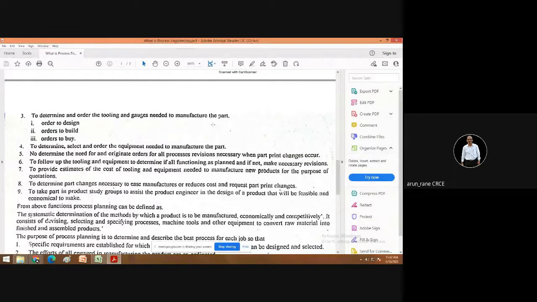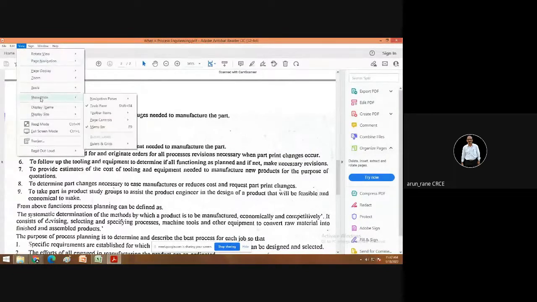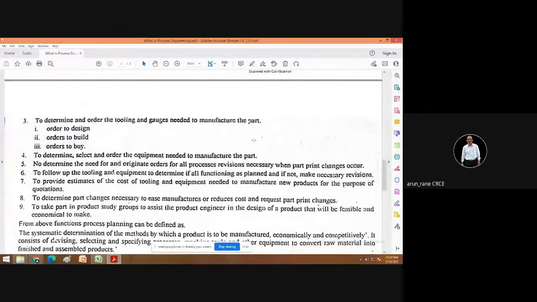Now let me tell you what is the difference between tooling and gauges. Both are different, and this is again a viva question, and students fail to answer. Basically, gauges means equipment or tools which are required for inspection purposes. Gauges are concerned with inspection,